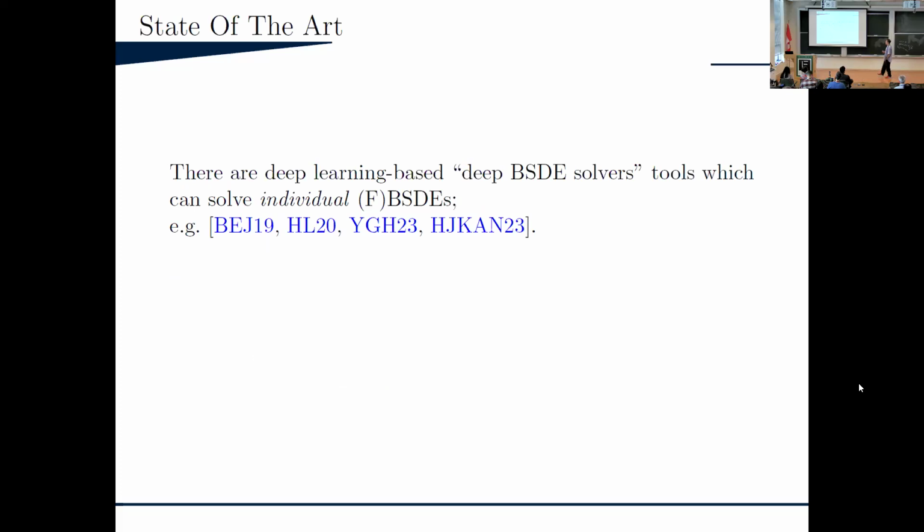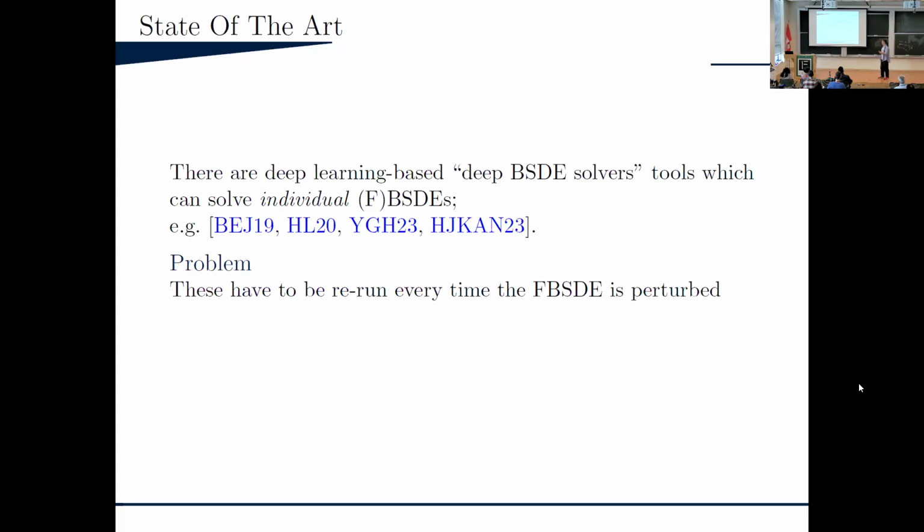So one branch of the state of the art is one of these deep learning powered schemes, a class of works which is called deep BSDE solvers. There's a bunch of work by Jentzen, Peter, and a bunch of other people. But the idea is that you take a classical BSDE solver, you replace some of the basis regression steps with deep neural networks, and things work slightly better.